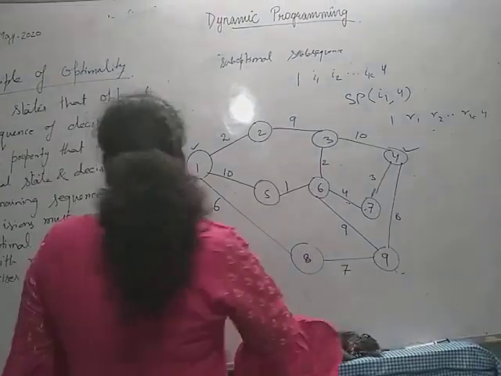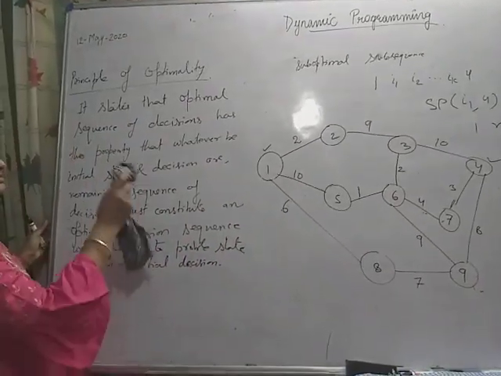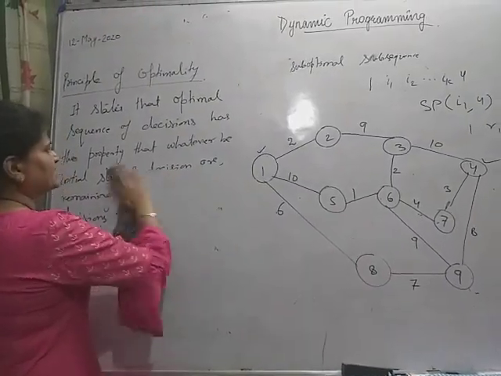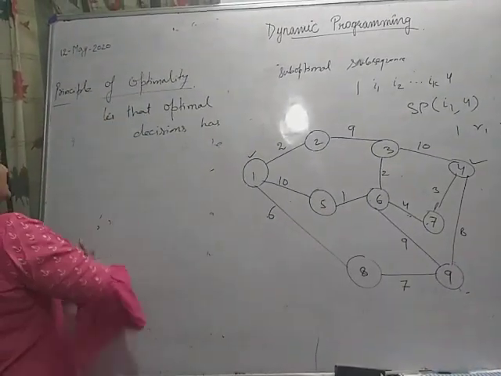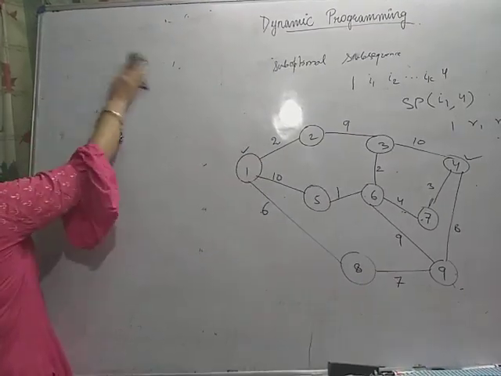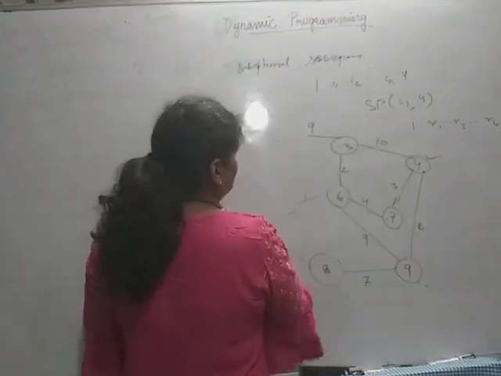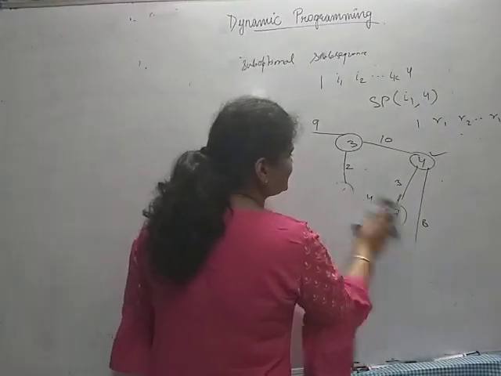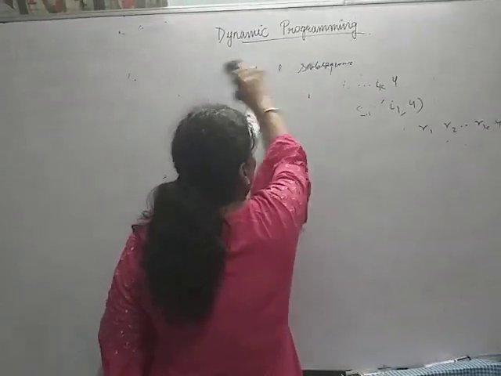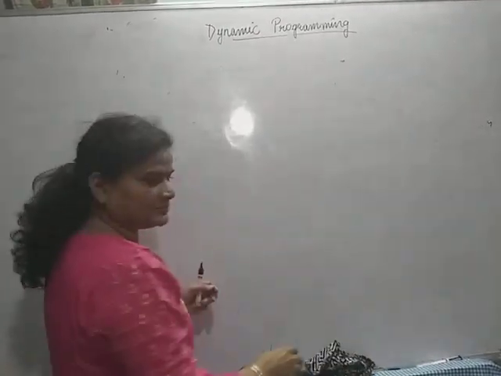Okay, so this was the shortest path problem. Now again with dynamic programming I will solve the 0-1 knapsack problem. Already we have solved the 0-1 knapsack problem using backtracking and using branch and bound, and this is a hard problem whose complexity is exponential. So there are a number of methods to solve this problem.